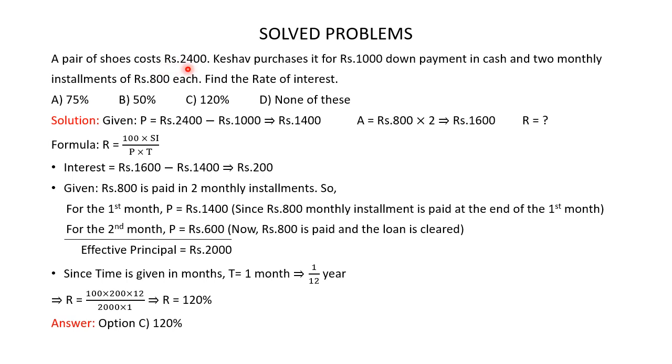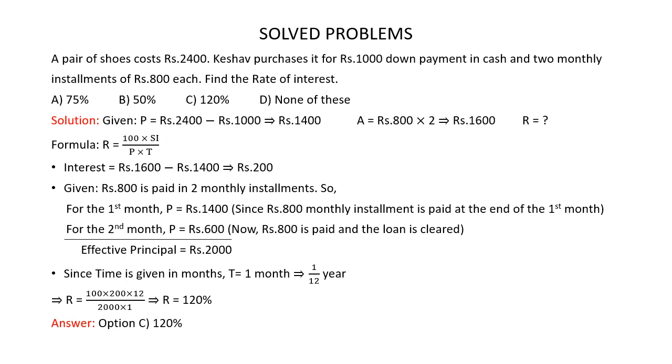So here it's given that the cost of the shoes is rupees 2,400 and Keshav makes a down payment of rupees 1,000. So the principal is rupees 2,400 minus 1,000, which is rupees 1,400. It's also given that Keshav makes 2 monthly installments of rupees 800 each to repay the loan. So amount is equal to 800 multiplied by 2, which is rupees 1,600, and we are asked to find the rate of interest. Rate of interest can be found out using the formula R is equal to 100 multiplied by